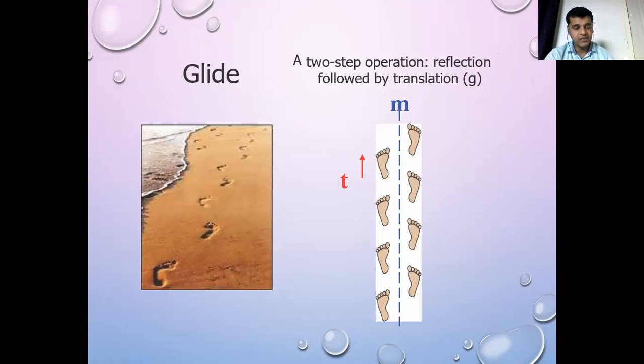What is glide? And also there is one, as I told previously, reflection or mirror image, the mirror plane symmetry element. A crystal is said to have a plane of symmetry when it is divided by an imaginary plane into two halves, such that one is the mirror image of the other. Reflection transforms a right-handed object to left-handed and vice versa. So you take one object in between, divided, and the halves will be identical to each other.